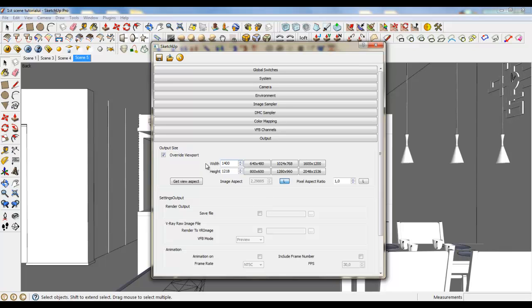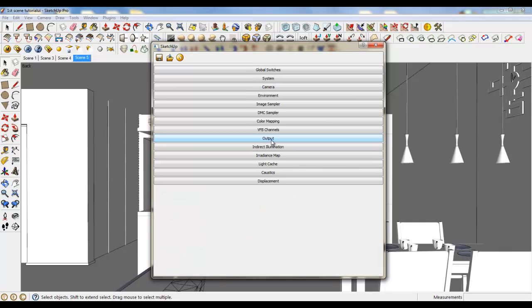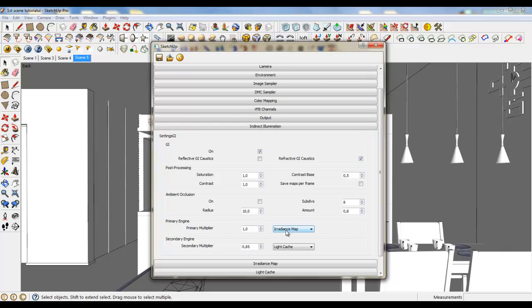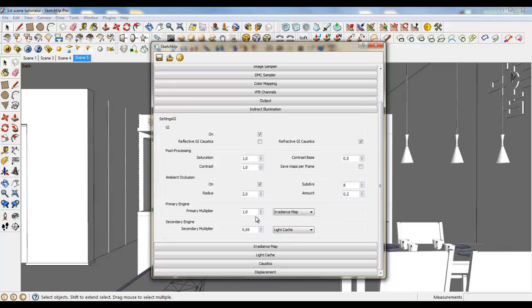So leave 150. For different renders I will be using different aspects, and you will have to adjust them also. For indirect illumination, let's click on ambient occlusion and radius 2, amount 0.2, leave subjects to 8, but in final render we will change it. Primary multiplier and primary engine